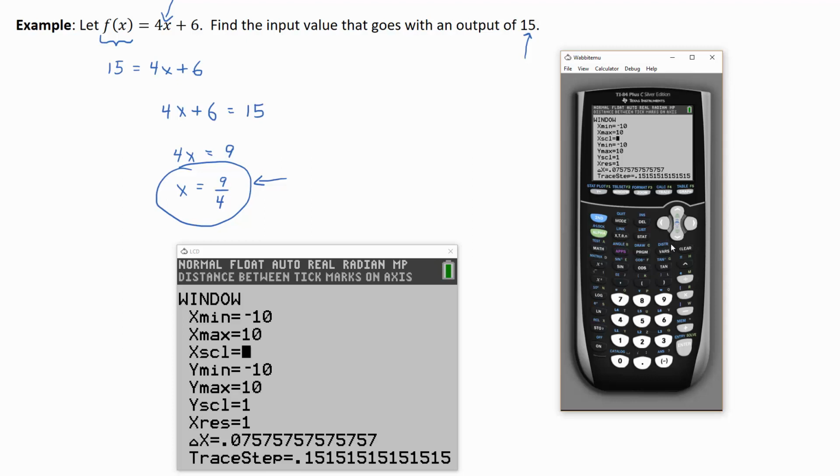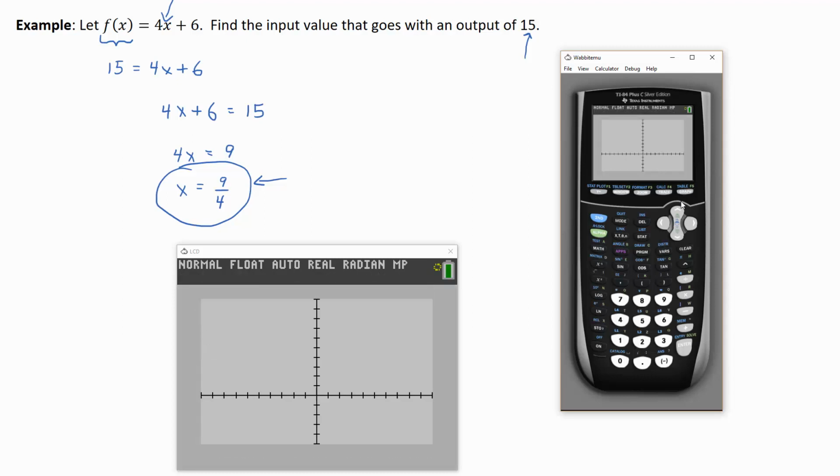So let's go down to Y max, and I don't want to change it to 15. I want a little bit of wiggle room. So how about let's change it to 20. And let's go by 2s. Y SCL, that's the Y scale. Let's go by 2s. Now let's hit graph. And if we go over 9/4, then a little over 2, we should be up around 15. So